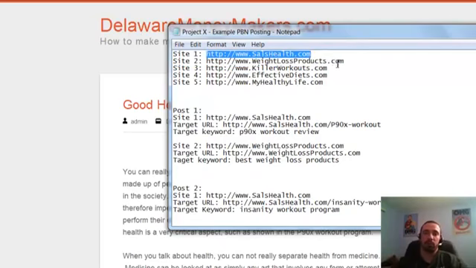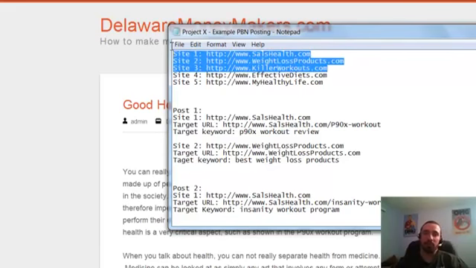I'm going to link to site 1 and 2 maybe once, then I'm going to link to site 1 and 3, and then maybe 2 and 5, and then maybe 3 and 4, and then maybe just 1 by itself, and then maybe just 4 by itself, maybe just 2 by itself. Maybe one time I'll mix in 3 of them at once. I don't do that very often though. I like to stay away from that.